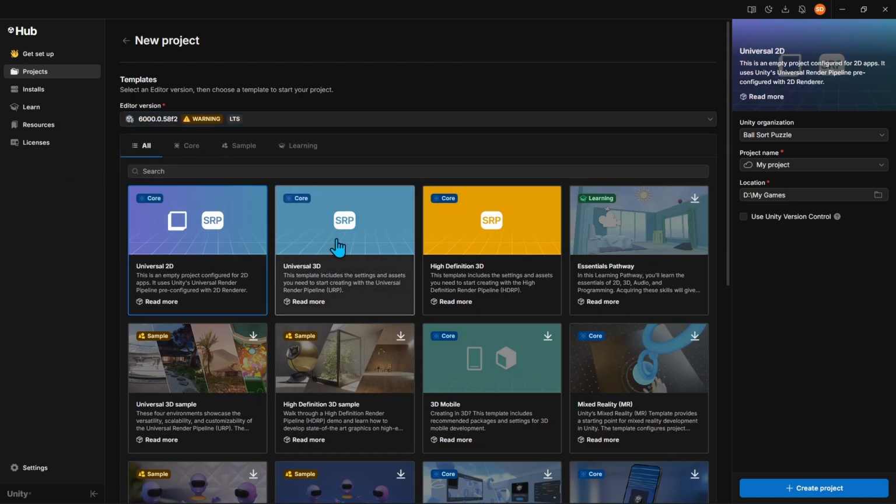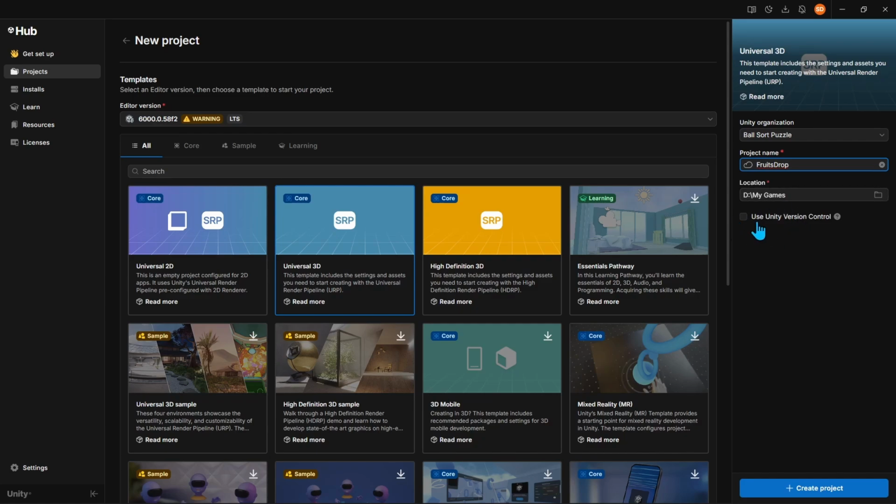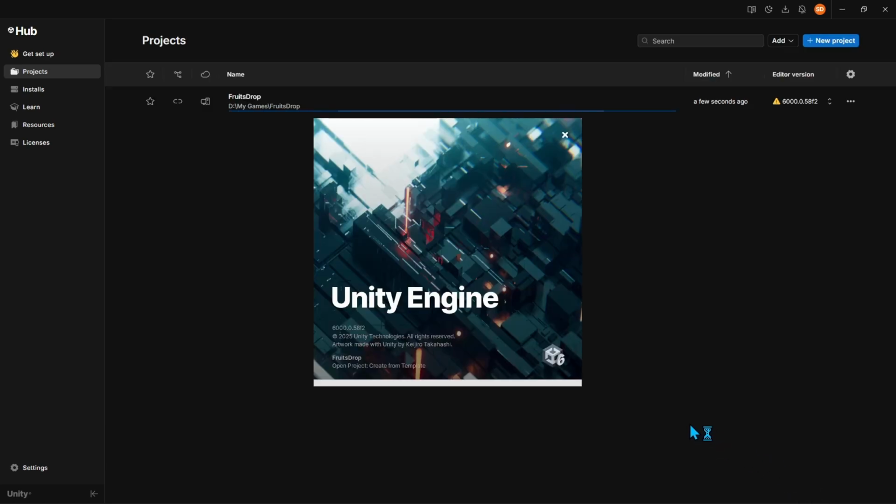So let's click on the Universal 3D as a template, and now let's rename the project as Fruits Drop. I don't need to check the option to use Unity version control. So now let's click on Create Project. After that, you can see the Unity will